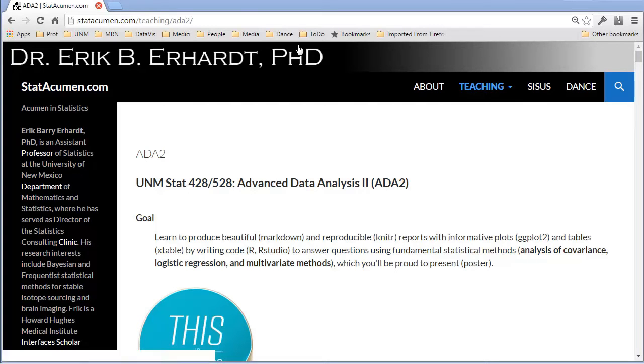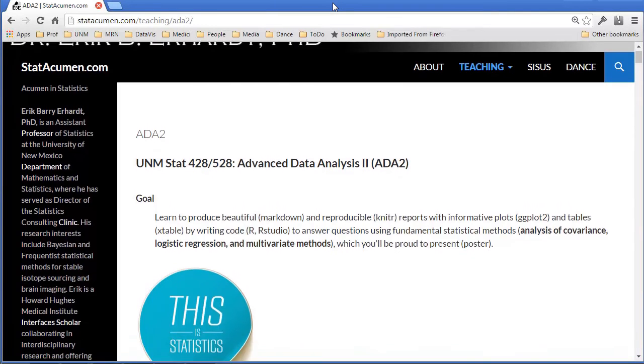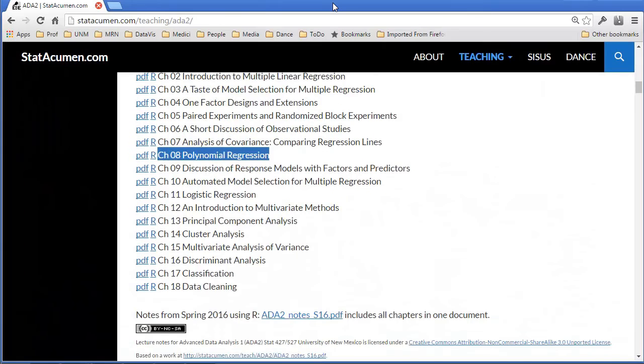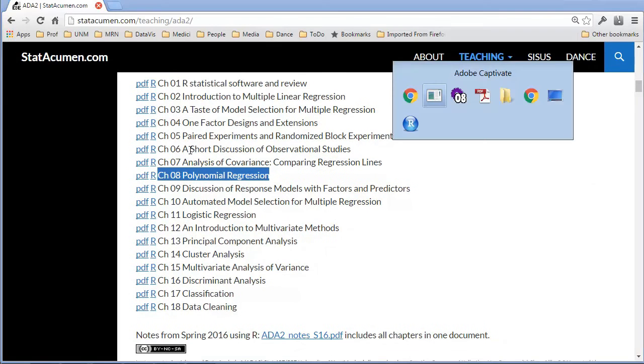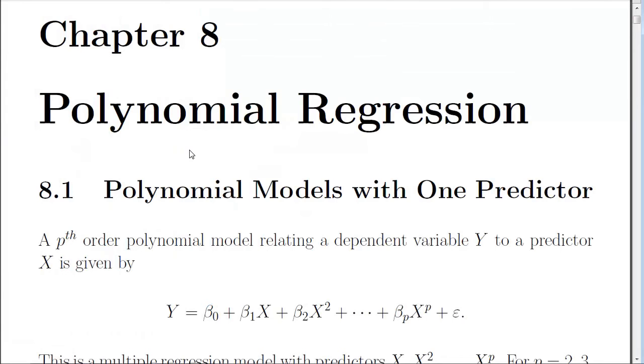In this video, we'll be looking at Chapter 8 of the lecture notes, Polynomial Regression. Now, polynomial regression is a way to use curves, fairly simple curves, polynomials, in the fitting of regression lines to data. So let's take a look at what a polynomial model looks like when we have only one